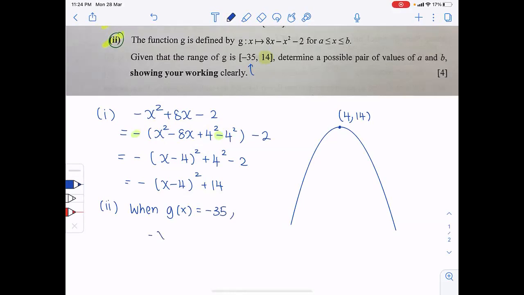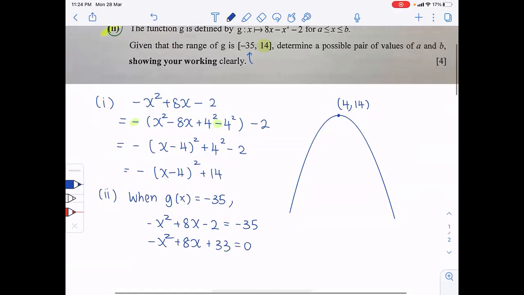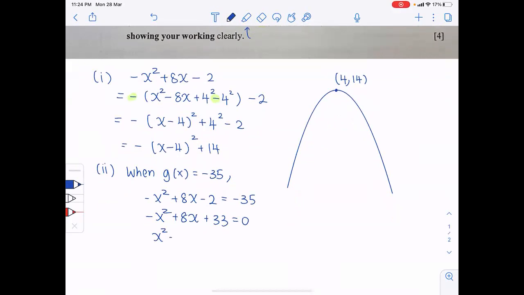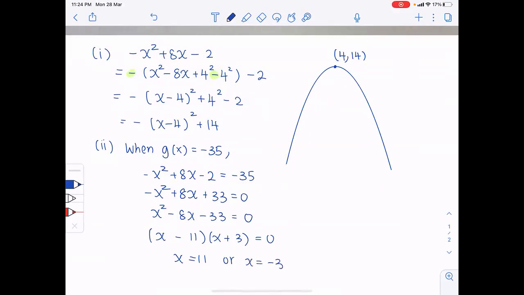All right, so minus x squared plus 8x minus 2 equals minus 35, right? Minus x squared plus 8x plus 33 is 0. I do suggest you keep the coefficient of x squared positive all the time. So this is what I have. Okay, and this equation, is it factorizable? Let's see. x and 11, x and 3, it is factorizable. Minus 11 plus 3. Okay, so x equals 11 or x equals negative 3,